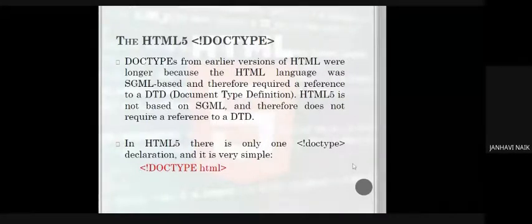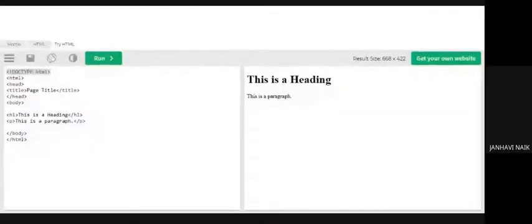Rest all things remain the same. You open your notepad, you write this first line, and then continue the same program. Save it with .html, and then run and see the output.